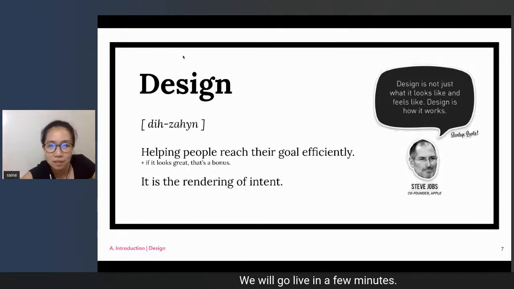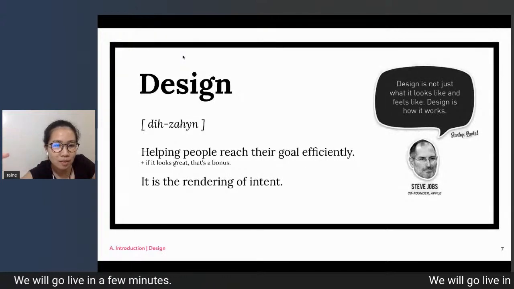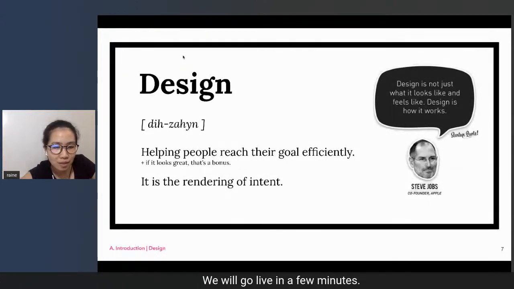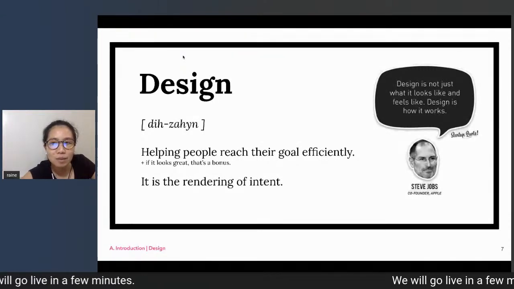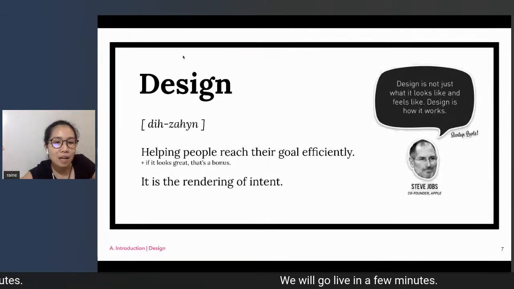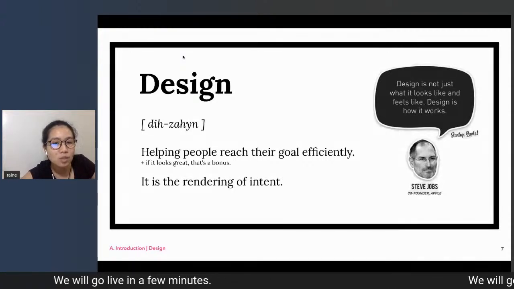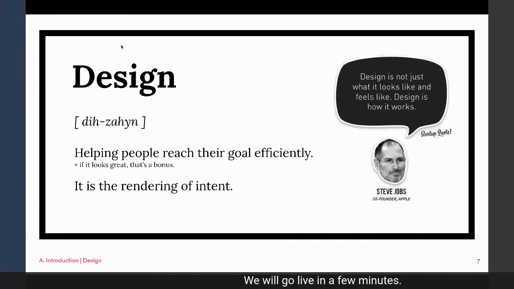So that's a definition of design. There's a broad definition around design, and other areas under design, like interior design, but in terms of the general idea, it's basically solving a problem. It's helping people reach their goal. So okay, that's a definition of design.